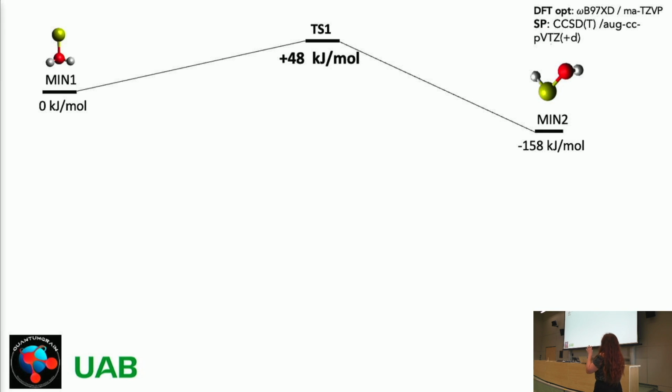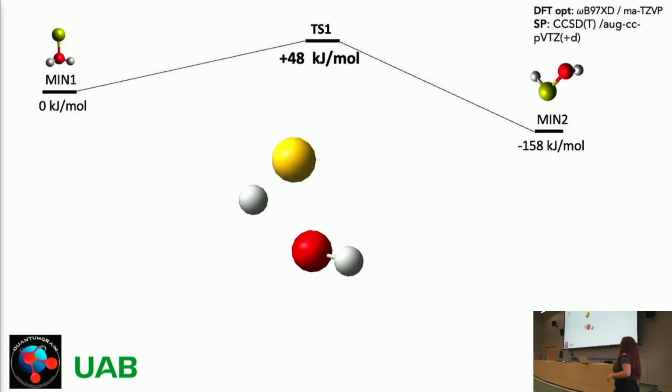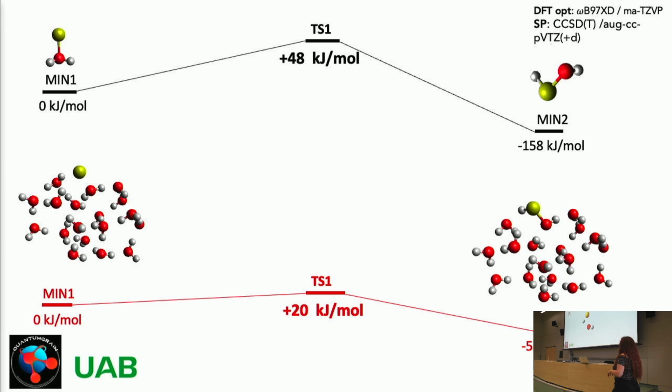I isolated the single processes just to make it more clear. So you can see that the conversion process from this molecule to this other one, min2, is connected by the transition state 1. Now, how does this transition state look like? So you can see how the hydrogen transfer between the oxygen and the sulfur is quite a constrained process, right? So the hydrogen has to move from the oxygen to the sulfur inside the same molecule.